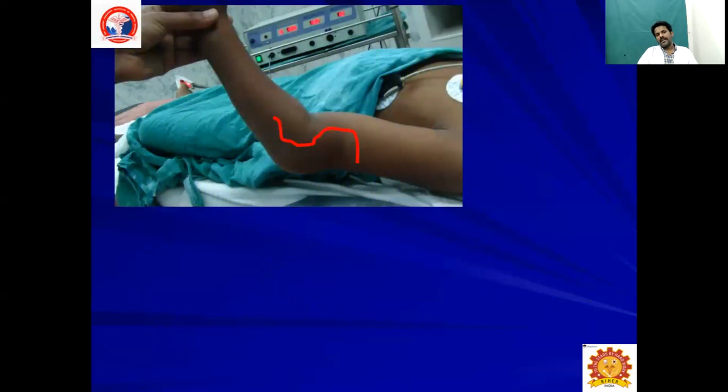Here is a clinical image which shows an S-shaped deformity. You can see here the anterior part of the forearm, that is the distal part of the humerus; this is anterior and this is posterior. The fragment is dislodged posteriorly, that is the extension type, as we studied before. It is the most common type which we encounter, so it forms a deformity like an S-shaped curve.